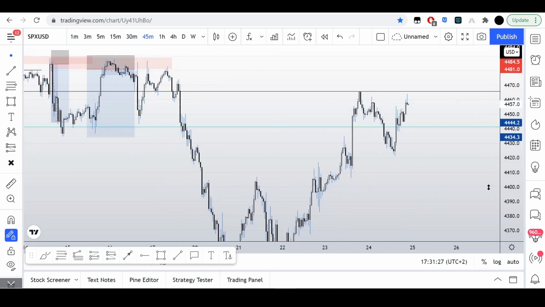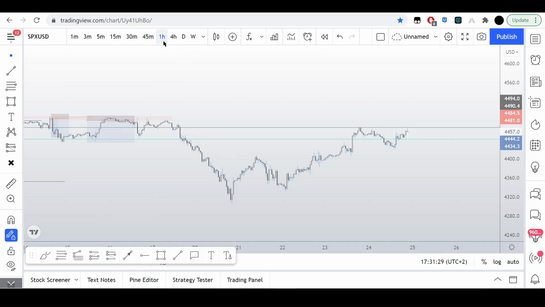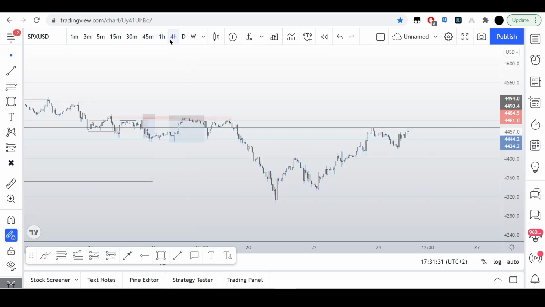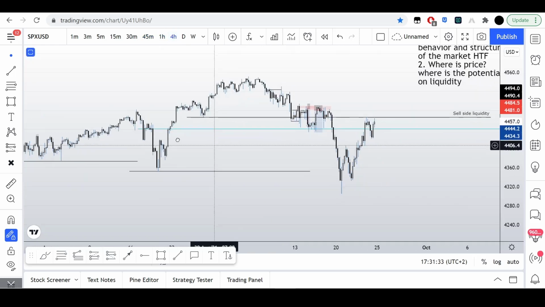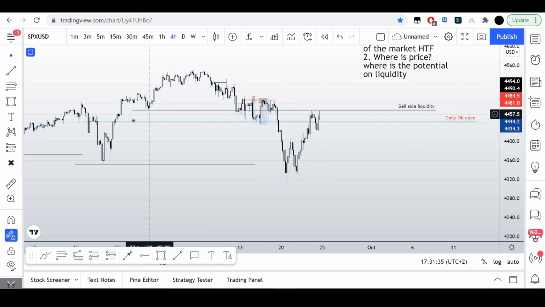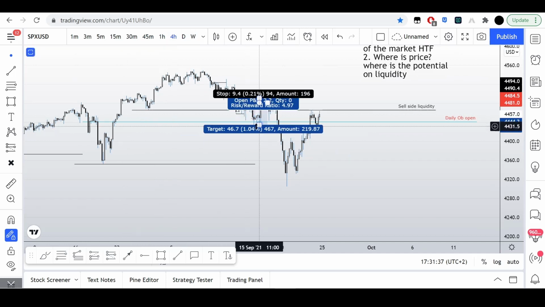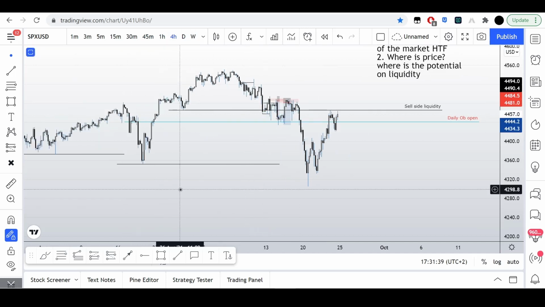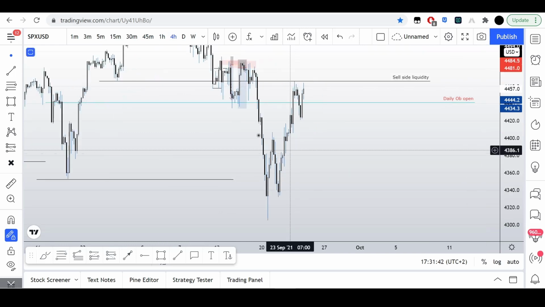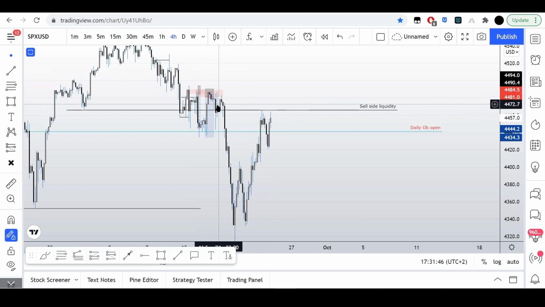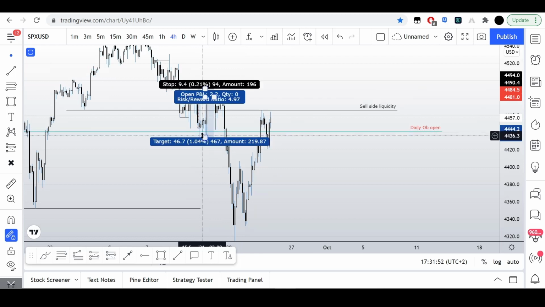So with that being said, yeah, okay, so we came lower, right? Now we're coming into areas of discount. Okay, so that was our daily order block that it came into. It came into that, right, and reacted right here. Now if we would have came off of this and we came into this, I really wouldn't have taken this trade right here. I wouldn't have taken this trade anyways, because we're reacting off of this higher time frame daily